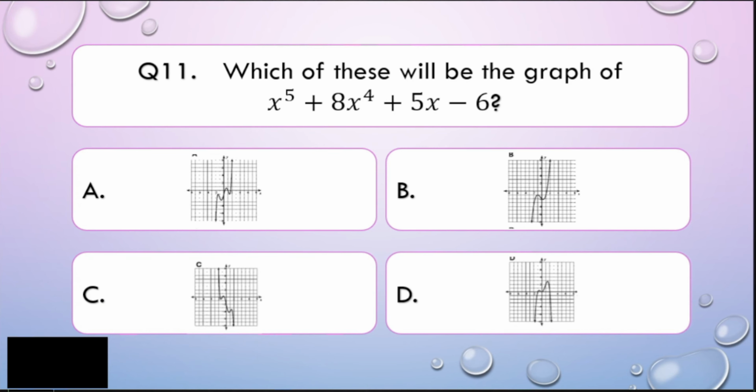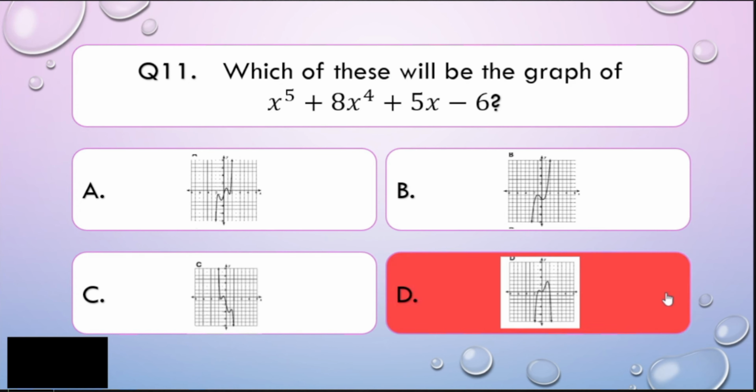Alright, my dear math learners, this question is somewhat related to what I have discussed earlier about the graph of a polynomial, right? Now, we have here 5 as our degree. So therefore, what is that? Is that odd or even? Very good, that is odd. So therefore, if you have odd, then there are 2 chances that will happen. It could be increasing or decreasing. So let's check our choices. So this is increasing, starts from below, going up, starts from below, going up. So letter B is also increasing. Letter C, it's decreasing. And letter D is both in downward. So letter D is automatically wrong. Alright, so at least we eliminated one of our choices.